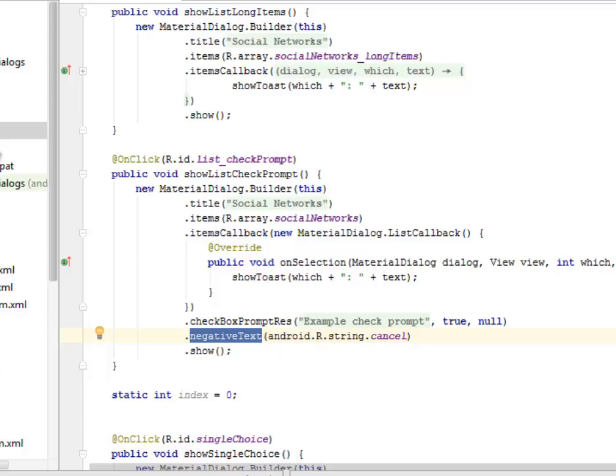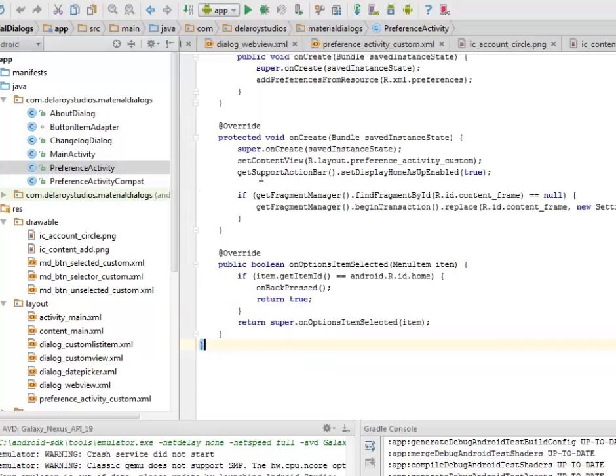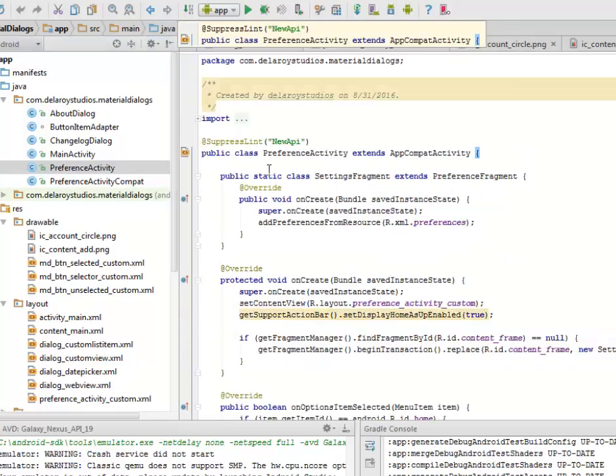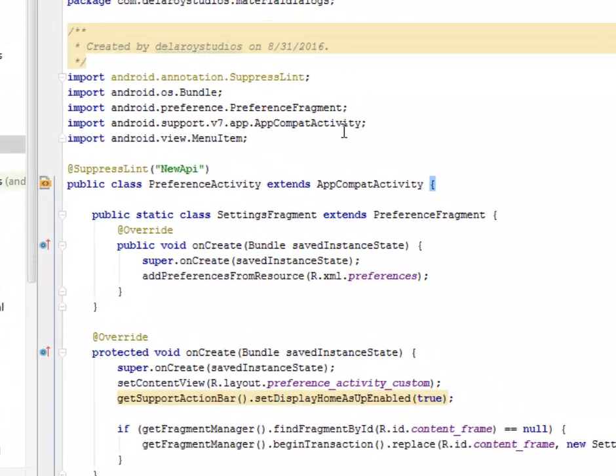I'll be looking at one more class, the preference activity. Let's look at the preference activity. Let's look at the imports. We import the preference fragment, where the preference activity extends AppCompatActivity, and then we have the settings fragment. This is where we have the settings. We extend the preference fragment. The onCreate method of the settings,